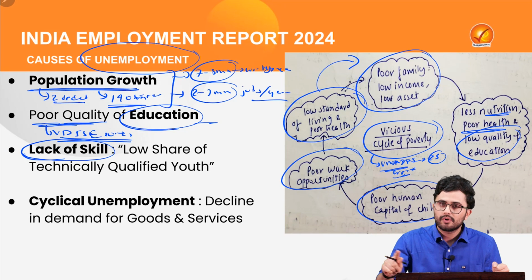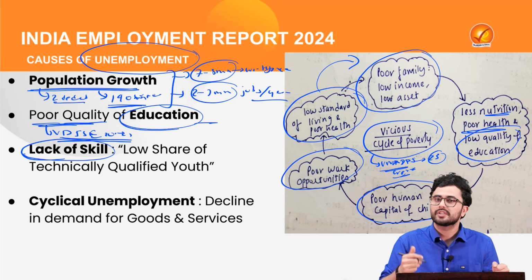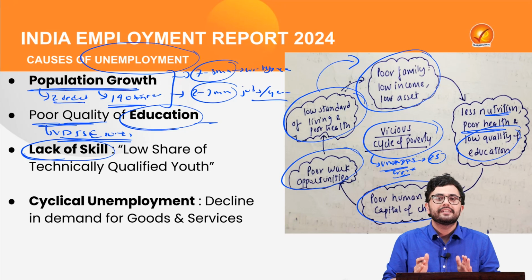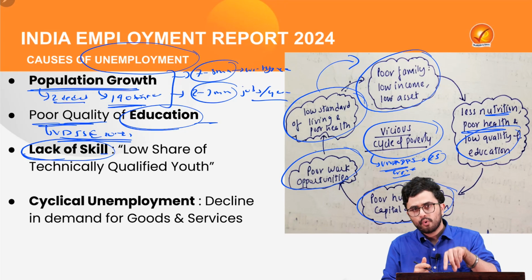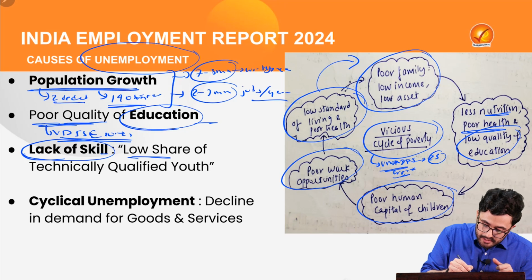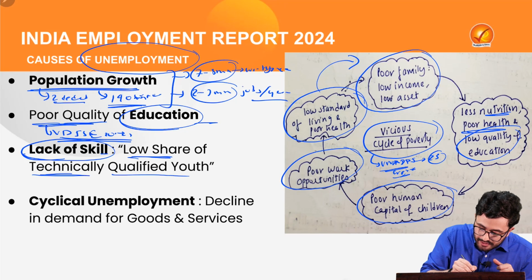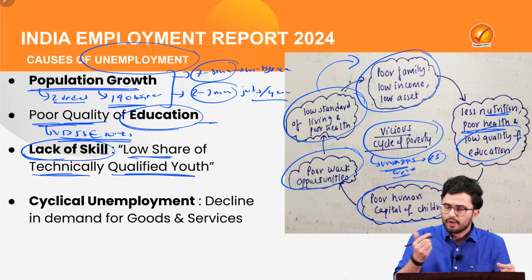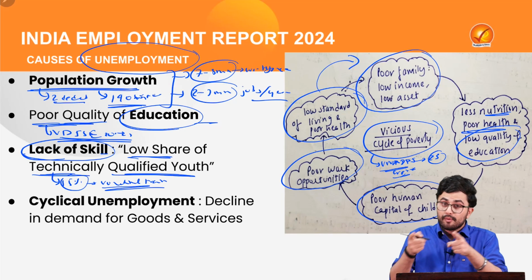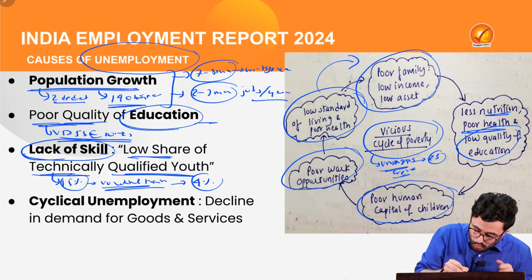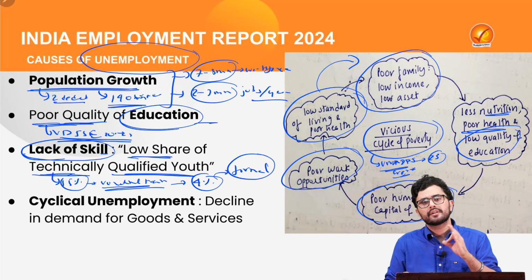And this cycle of poverty continues generation after generation, ultimately leading to the low level of skill which exists in our country, as highlighted by the report itself, that India has a low share of technically qualified youth, where according to the report only 15% of the youth had access to any kind of vocational training. And even among these 15%, only 4% of them had access to formal training which is required to